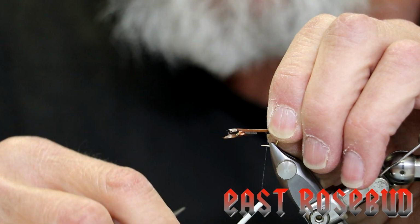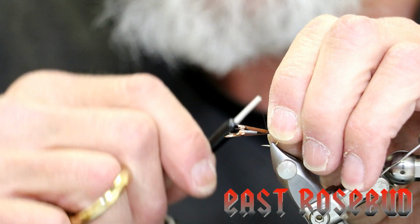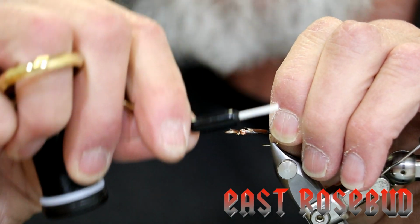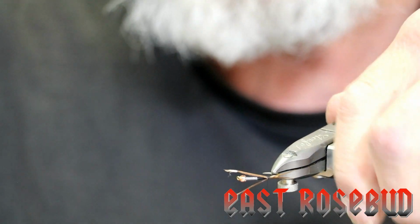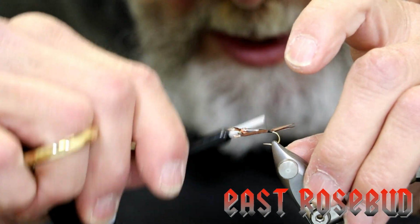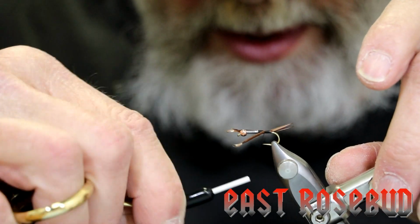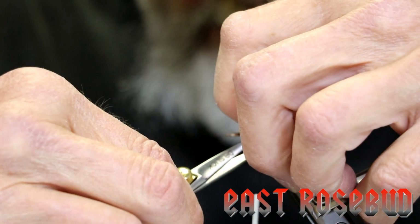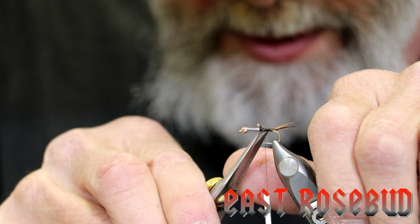The first thread wrap is fairly soft. Then bring it down. That snugs those biots down against the hook. It also brings them down evenly. Make 2 or 3 more wraps going forward, and you end up with nicely divided tails. So it doesn't take much practice to be able to do that well, and it's certainly easier than trying to do them separately. So we're going to wind up to about the base of our thread wrap dam, cut our biot butts off,